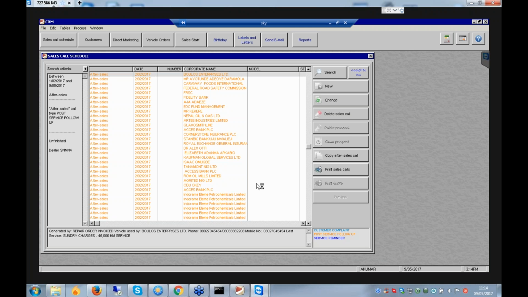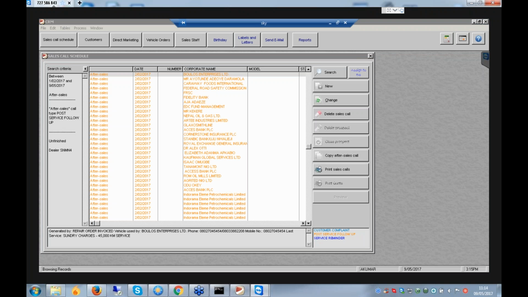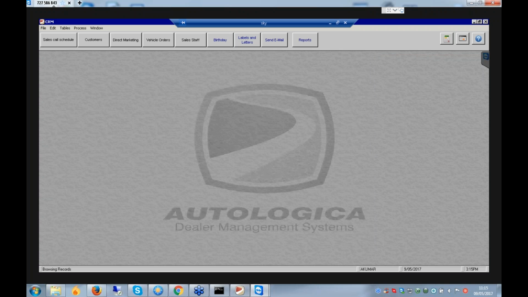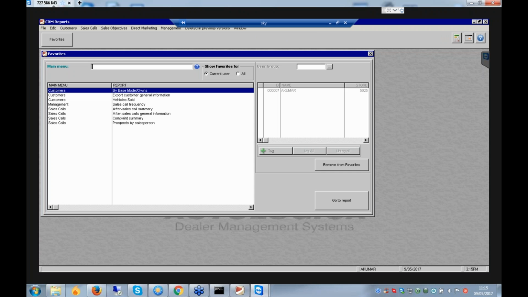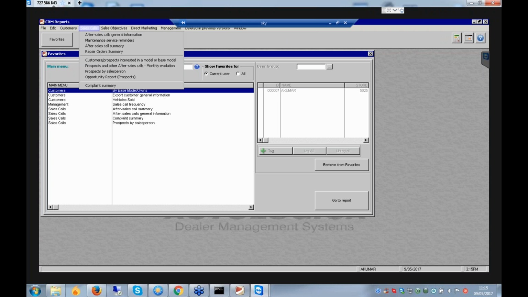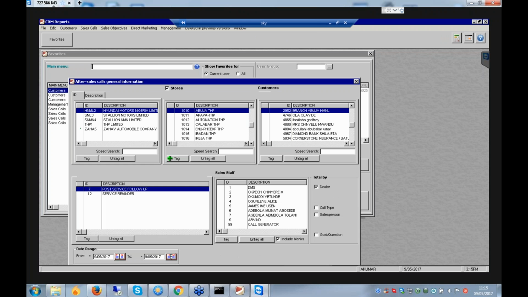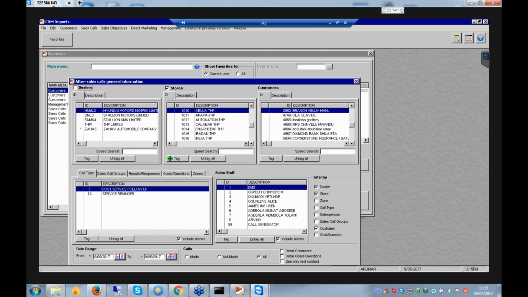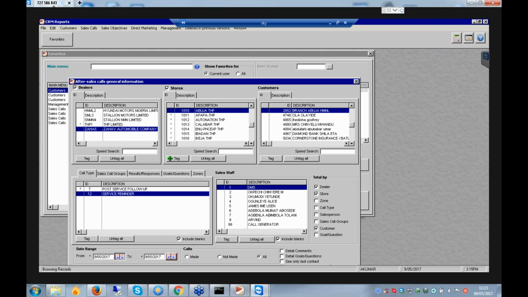So now we are going to the report. After sales call, general information. Select the dealer. You can choose the store also if you need.